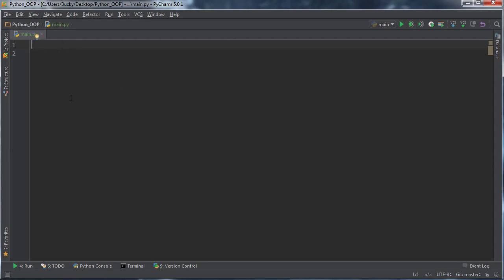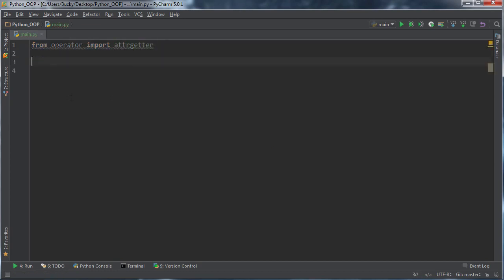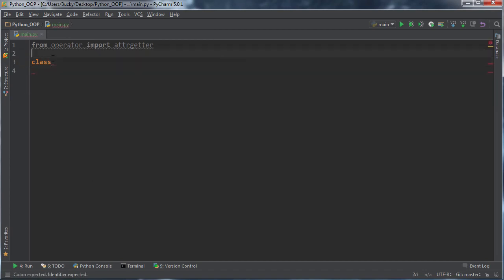So check this out. What we're going to do is, just like before, we're going to use the operator module and import attrgetter. So not itemgetter, but attrgetter. Now let me go ahead and make a real quick class. All right, so class User,